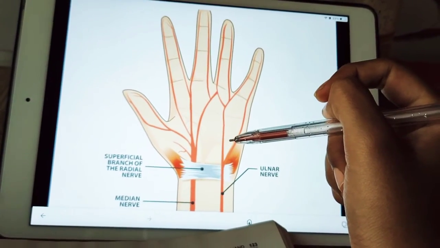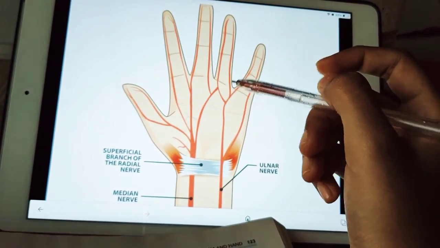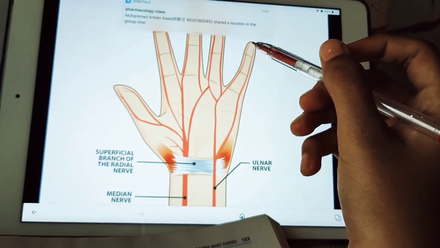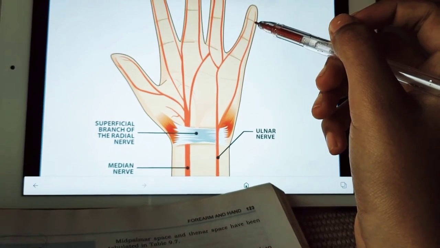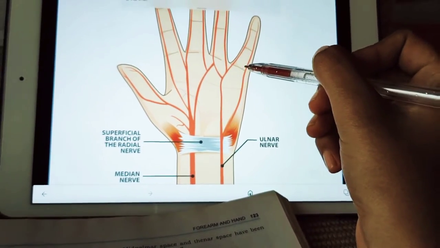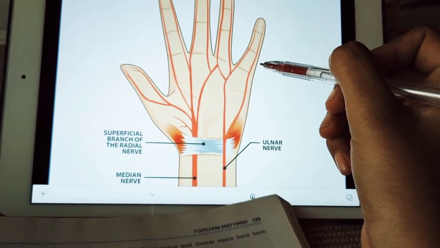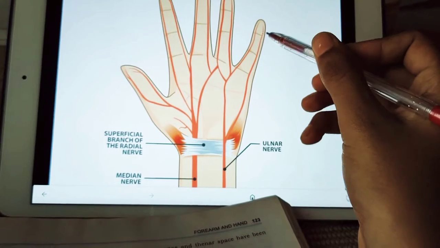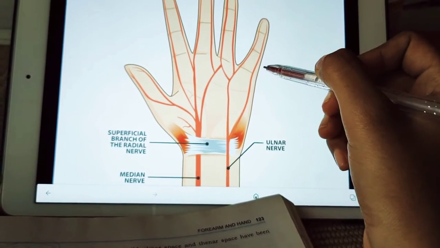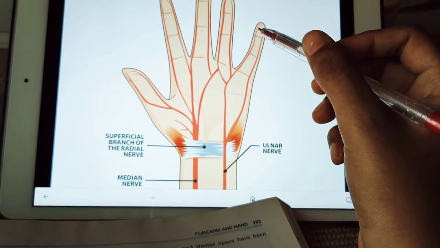Okay, and next the medial branch supplies the medial side of the little finger. So this has a medial branch which supplies the medial side of the little finger. If you see, this is the little finger medial side, this side is also supplied by the ulnar nerve, and it divides into two proper palmar digital nerves. This in turn divides into two proper digital palmar nerves for adjoining sides of the ring and little fingers.